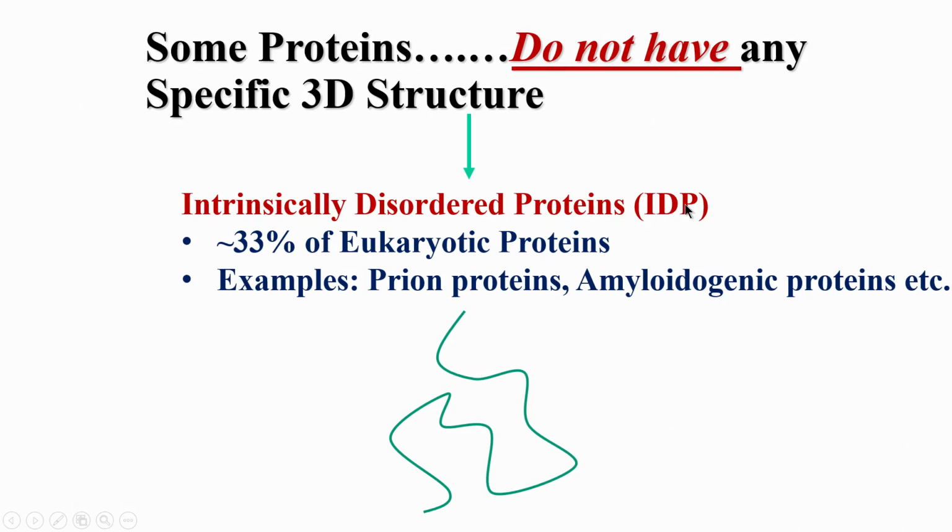and these have really come up in recent years because it has now been found that nearly 33% of eukaryotic proteins, eukaryotic meaning human beings, mammals, higher organisms, in these kinds of organisms almost 1/3 of the proteins are actually intrinsically disordered, meaning they do not have any specific 3-dimensional structure. Examples of these proteins which can create problems are prion proteins, amyloidogenic proteins, and so on. But one should keep in mind it is not that all IDPs are a problem case. I have only listed the disease causing proteins which are IDPs.